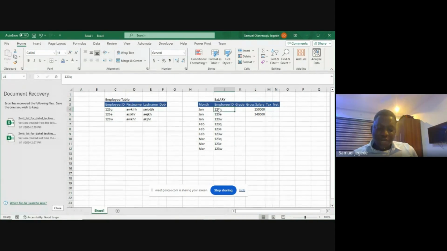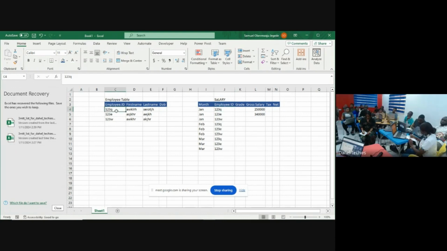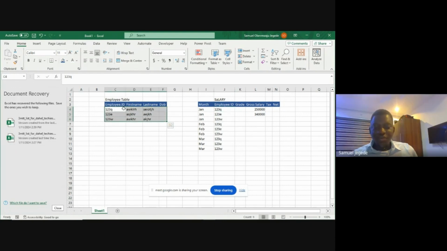First thing to understand about primary keys is that in any table you find out whether the keys are unique or have duplicates. Here, the IDs are not occurring in duplicate, right? And another thing is this is the employee table, so employee ID is talking about the employees. So this is a primary key. We have employee ID in the salary table, but it is not the salary table that holds this ID. It is the employee that holds the ID. So here it is a secondary key.